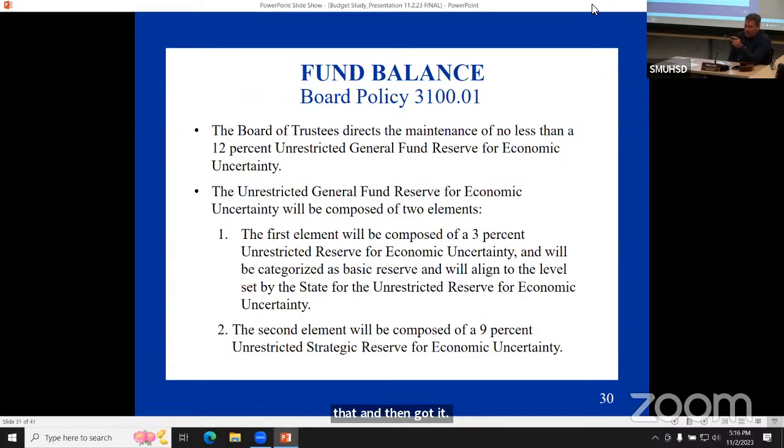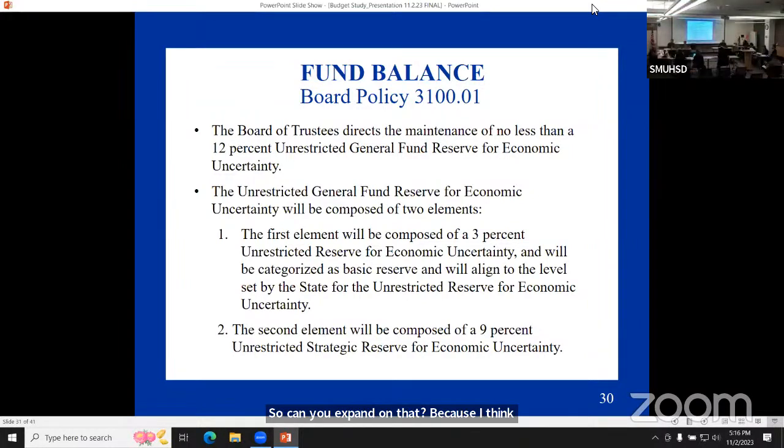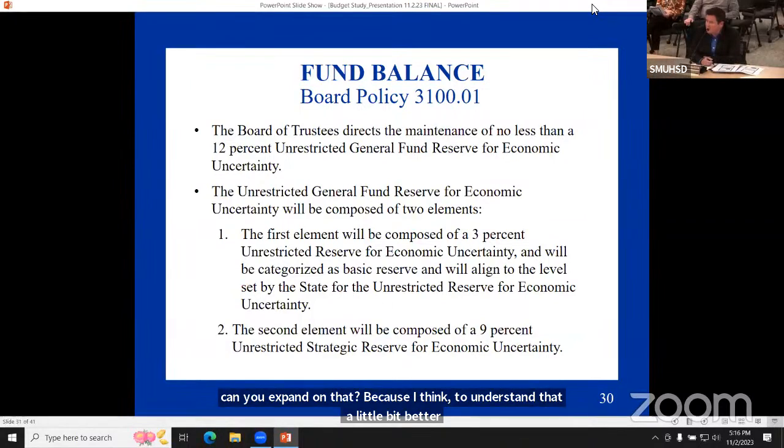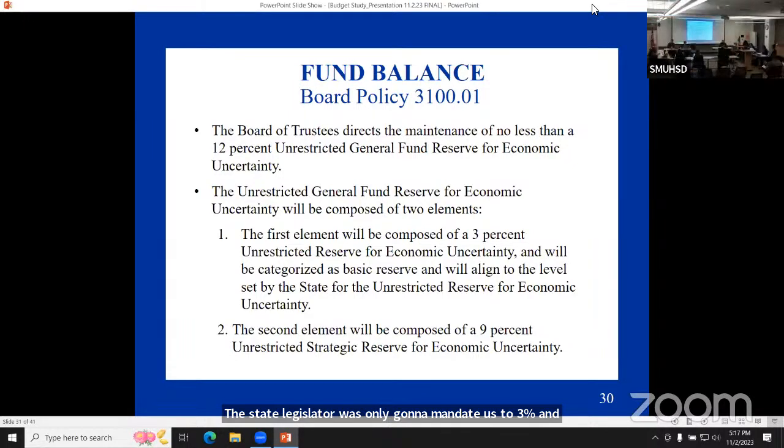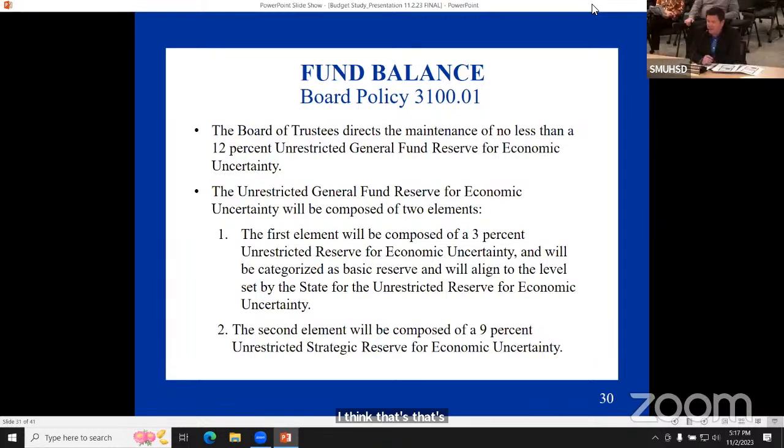So can you expand on that? Because I think Trustee Chavez needs to understand that a little bit better. Gosh, how many years ago? There was a time when the state legislature was going to mandate us to 3%, and we needed to go down to that. I think that's Ed Code 42127. I don't think it was an Ed Code. It was part of a budget act, and it was actually a last minute addition to the act, and it required that if certain things happened,